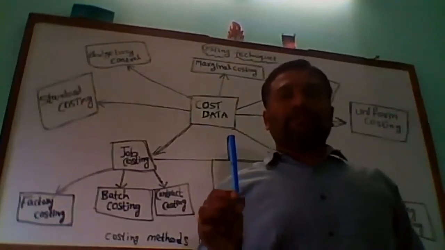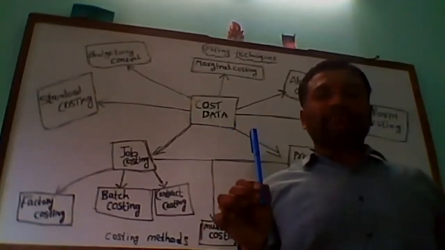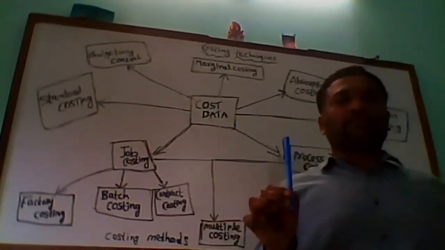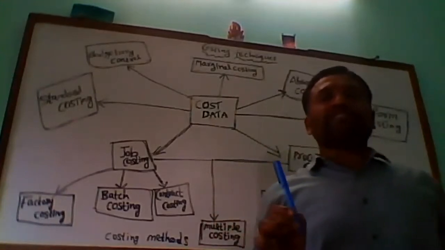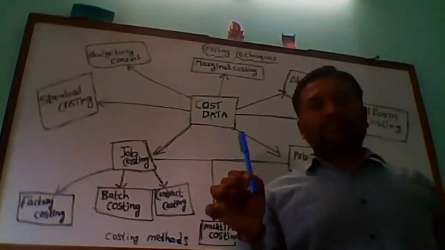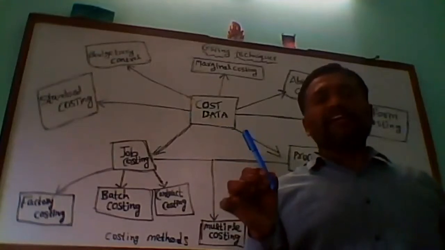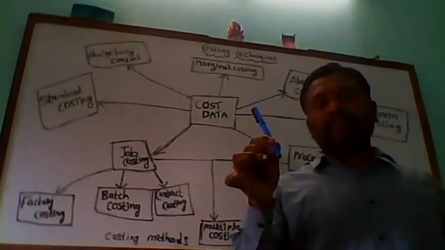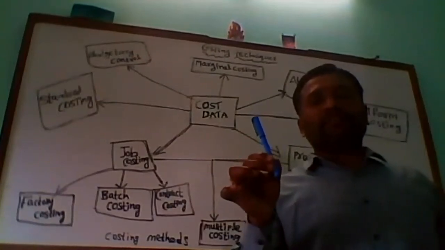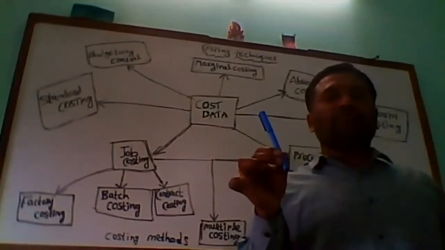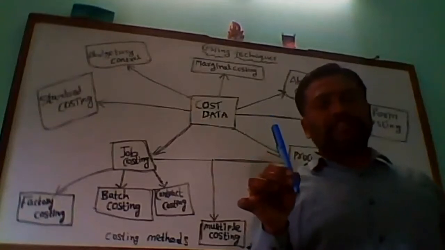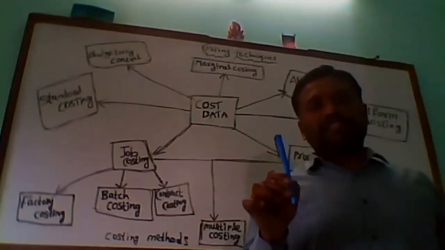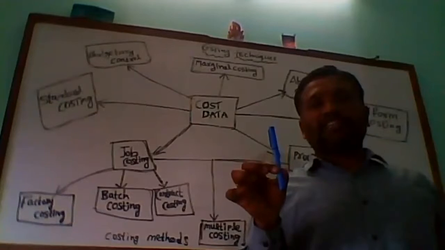So here the price of this pen is 5 rupees. It means that there is a profit of 1 rupee and 4 rupees is the cost. So here we have to know the ascertainment of the cost of a single product. For the cap, the nib and the refill, all together, it is going to be 4 rupees of cost. That's why we have to know the cost, meaning the ascertainment of the cost of a single product.